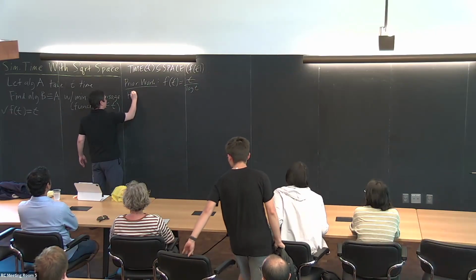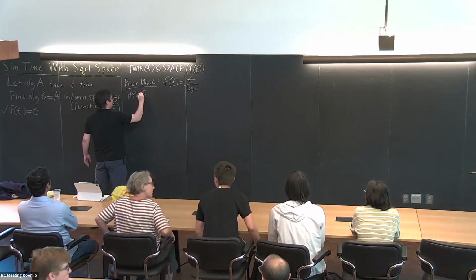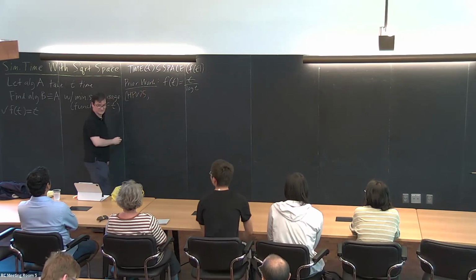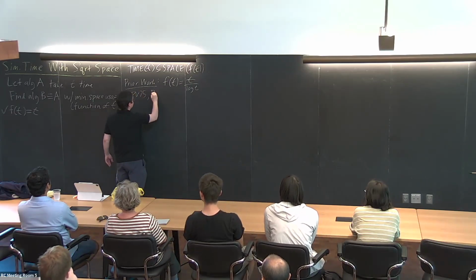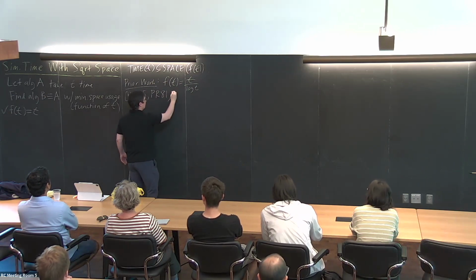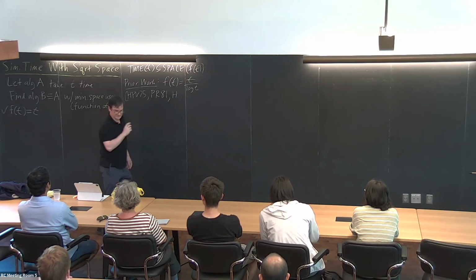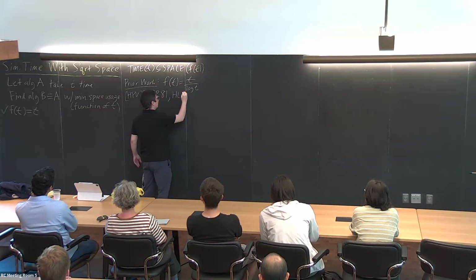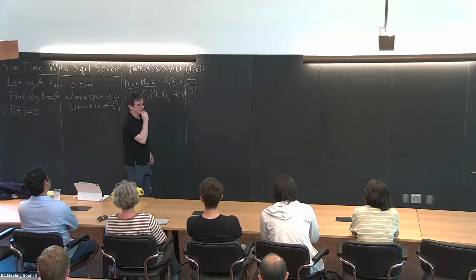That's starting with Hopcroft, Paul, and Valiant, and Paul and Reischuk in '81, and then it was Halpern, Lynch, Meyer, and